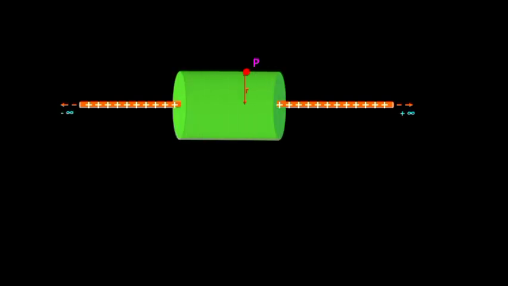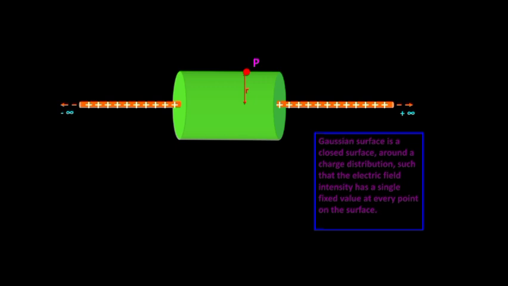We consider an infinitely long charge wire with positive charges. We have to find the electric field intensity at a point P which is at a distance r from the charged wire. It is the perpendicular distance. So to find the electric field intensity at P, we are considering a Gaussian surface. The Gaussian surface will be a cylindrical surface where P lies on the curved surface, like this. So this is the cylindrical Gaussian surface.